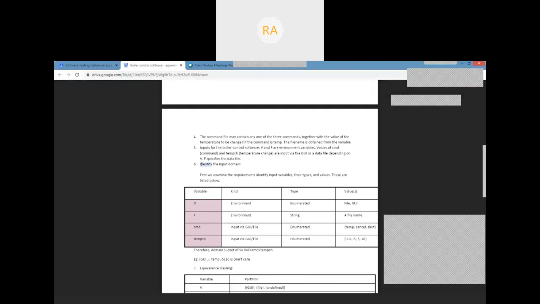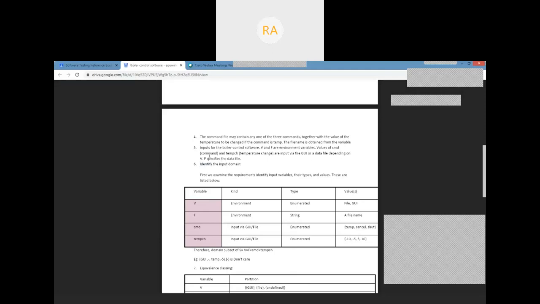Okay. First step is identification of the input domain. In order to identify the input domain, what is your job? Your job is to identify the input variables, and you have to come up with the kind of input variables you are using, the data type of the specified input variables and the permissible values for those input variables in tabular format.